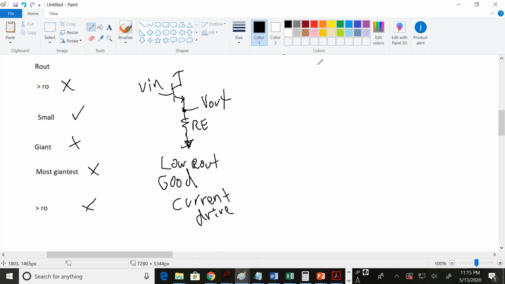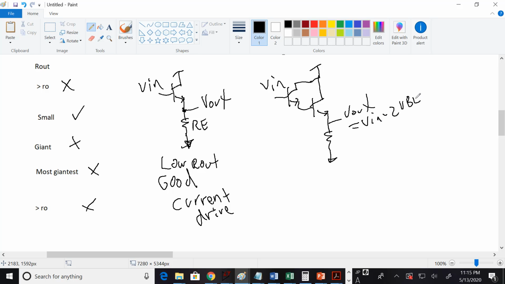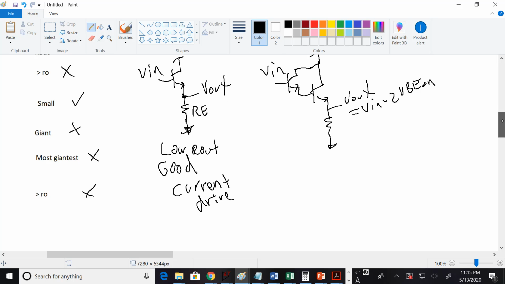So you could make it either into a Darlington pair, but now you have a 2 VBE on shift between V in and V out. So V out will equal V in minus 2 VBE on. Or you can use a Sziklai pair,